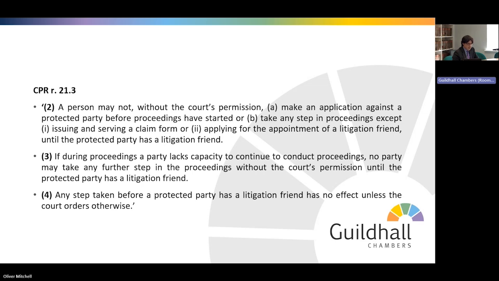These consequences, this requirement for a litigation friend, can be a real difficulty. It can bring proceedings to a standstill if a litigation friend cannot be found, and it can be a really difficult question in a particular case as to how to deal with that in order to move forward. The official solicitor may act as litigation friend where no one else is able or willing to do so, but first requires that their liability for costs be covered and may not be a viable option in many cases.